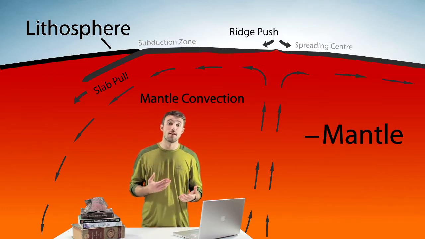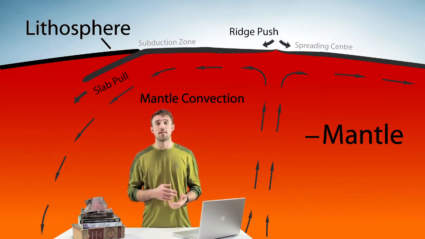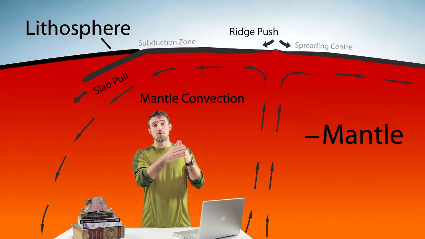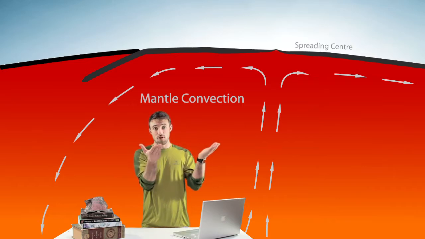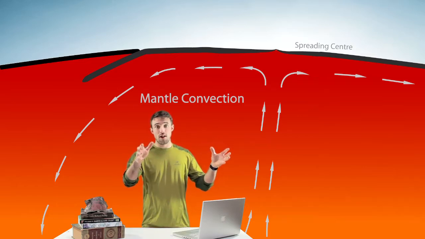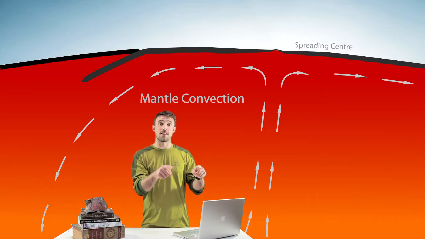So the second part is mantle convection, and that just means that where new rock is rising to the surface and creating new ocean crust, other rock has to be falling and replacing it. And so it creates these convection cells in the mantle, or at least that's the theory, and it's a good one. So next time we'll talk about